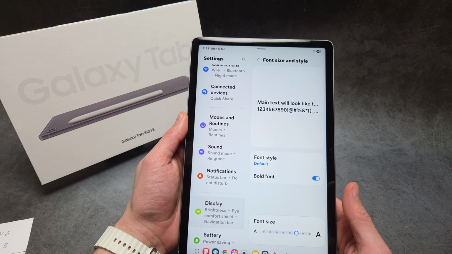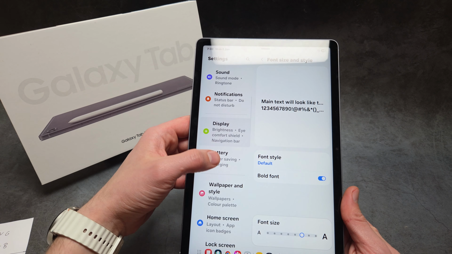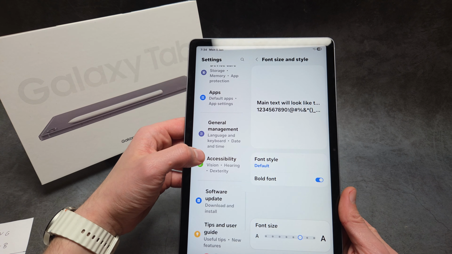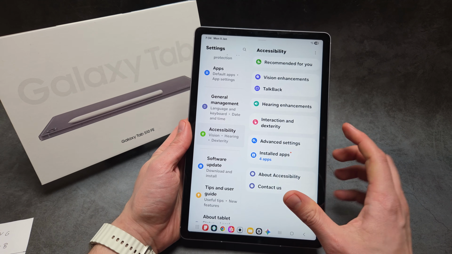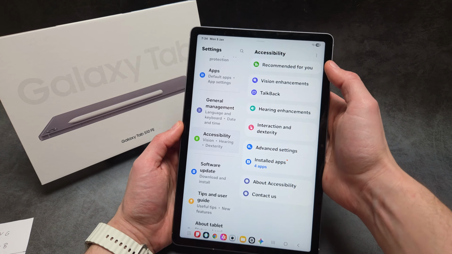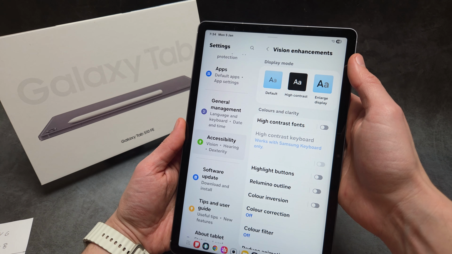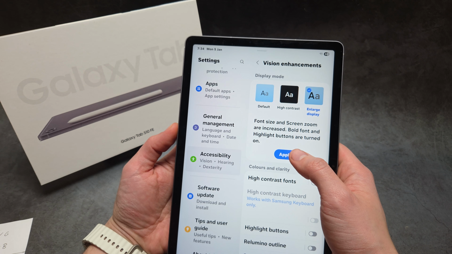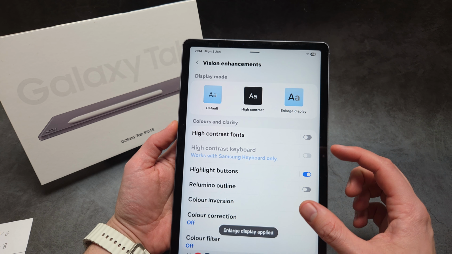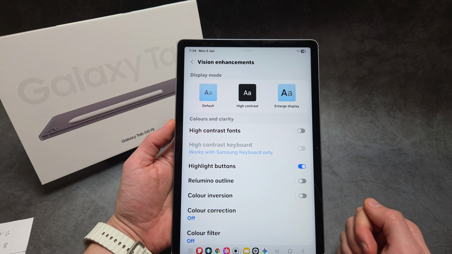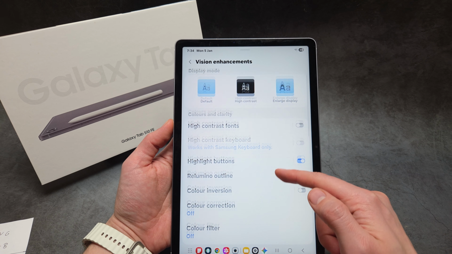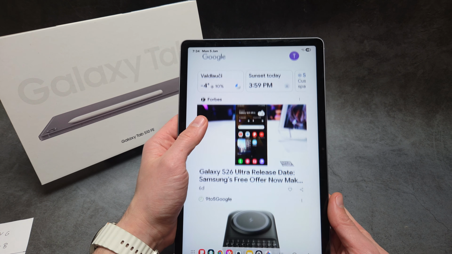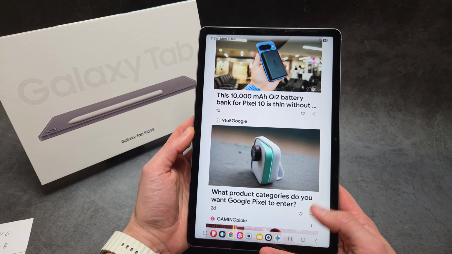So absolutely awesome. And also so let's see where we had it. Also in the accessibility settings as well, we can actually even increase further as well. So vision enhancements over here, and you see you can click this button here, enlarge display. So it will even increase further, so extra as well. And you can also get various other things here. So you see how absolutely massive this thing is now. Yep, okay,